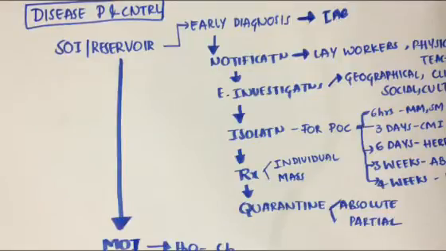It is needed for treatment, to study the time, place, person, for prevention and control, and for epidemiological investigations to trace the source of infection. Then we need to notify the disease. It is done by lay workers, physicians and teachers. It is notified to the local health authority. Notifiable diseases are mostly communicable ones, which are of great concern to the public health.